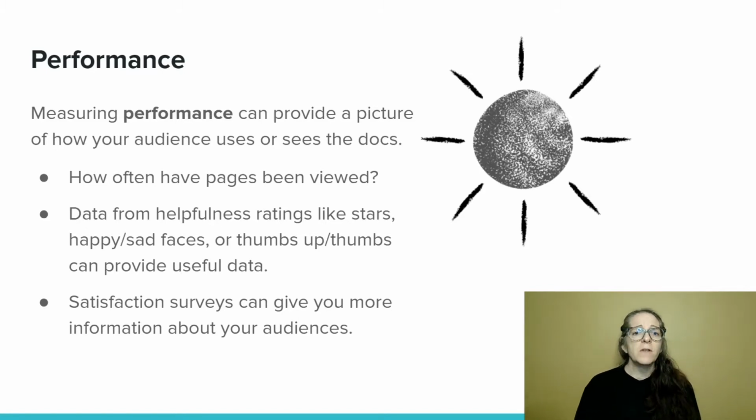You can use helpfulness ratings, so likes and shares, and those can be really useful to get you a little closer to what's going on in your reader's mind. They also fall short in some ways. Like, why does a reader like a page? What encouraged them to give you a certain score? And how do you use that to drive your doc strategy?